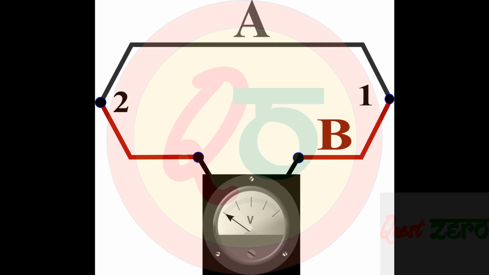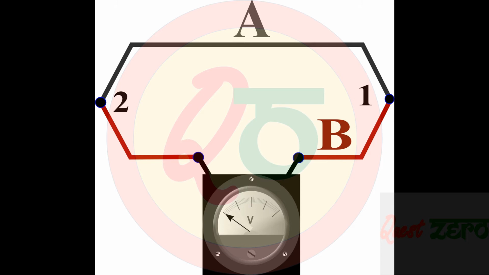Considering the small schematic diagram, let A be one metal and B represent the other metal, and these two are connected to form junctions 1 and 2. Because of the connection between these two dissimilar metals, there is also a small amount of EMF that gets generated. We'll discuss it later, which is related to the Peltier effect.